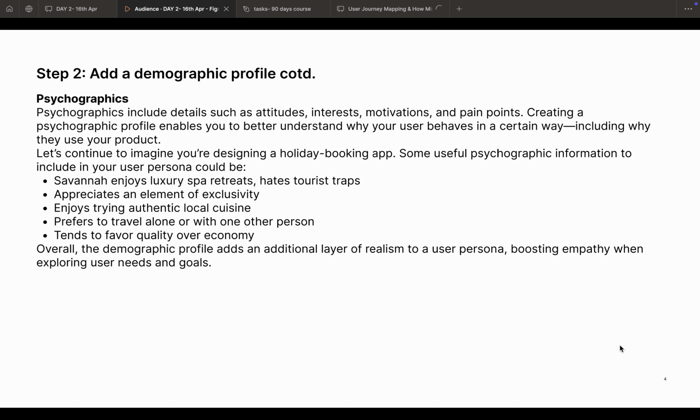Next, demographic profile and psychographics. What does psychographics include? It includes the attitudes, interests, motivations and pain points. Mostly in every user persona, interests, motivations and pain points are covered as important. That's because we need to understand the user's frustrations, which are pain points, in order to prepare a solution for them. We should also know what they are interested in, because that will help us